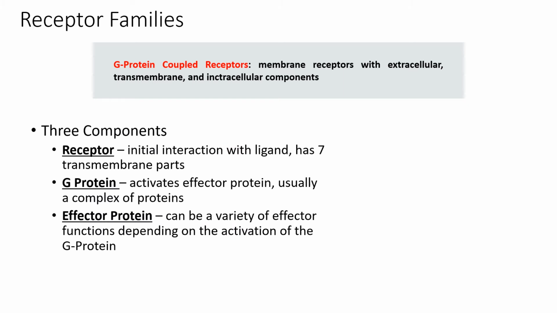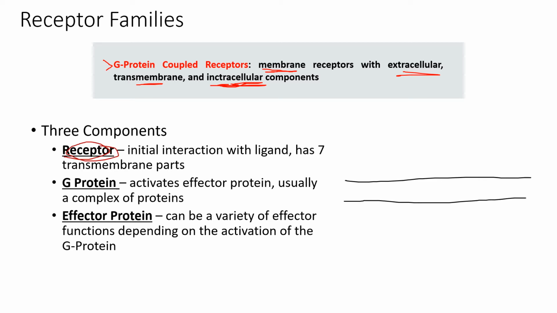So another kind of receptor family that I'd like to introduce to you is the G protein-coupled receptor. This is a very large family of receptors. They are membrane receptors, and they have extracellular, transmembrane, and also intracellular components. I'm sorry for that typo. And so G protein-coupled receptors have three main components. If you can imagine that this is a membrane, there is the receptor component that has the initial interaction with the ligand, and it has seven